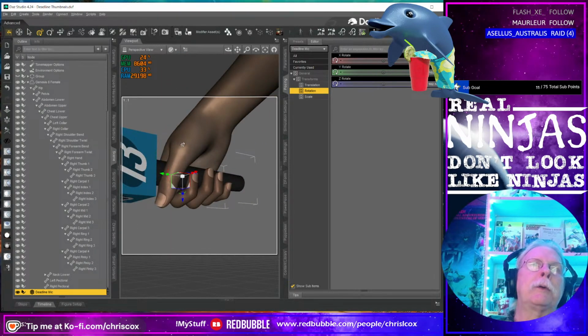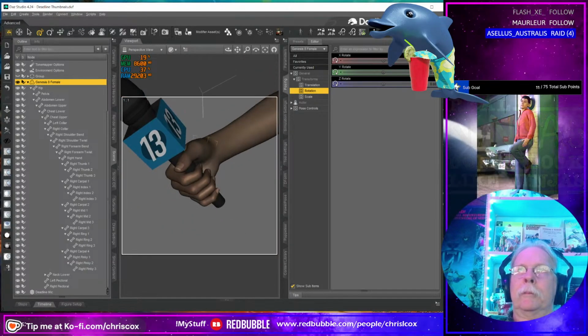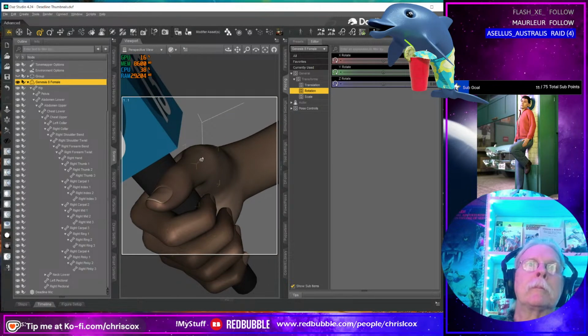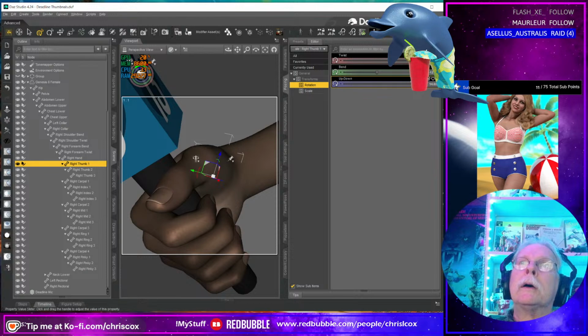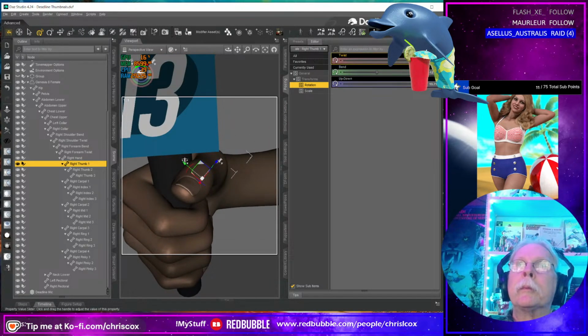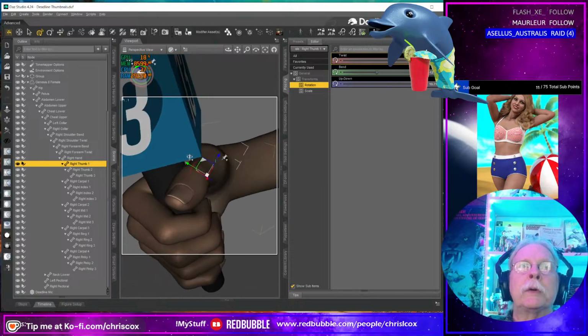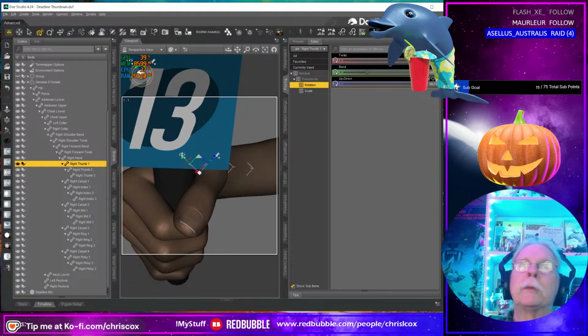I think that's going to be good. Now I still got to tweak the thumb. So is it up and down? Up and down. And I've twisted it as much as I can. Like bend like that. So maybe a little more.